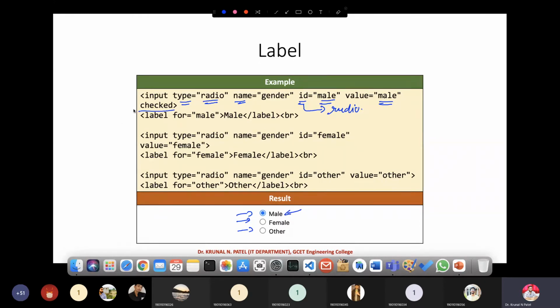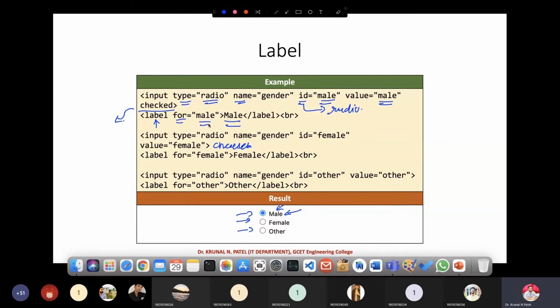Here we are using the checked attribute, so by default it is checked. If I want to make female checked, then I need to use the checked attribute over there. But this is not our agenda. Our main aim is that we are putting this text as male in between a label tag, and we are also using a for attribute.